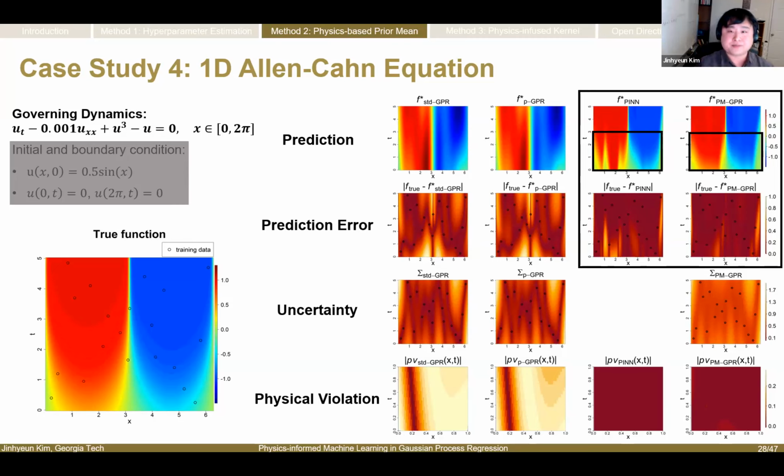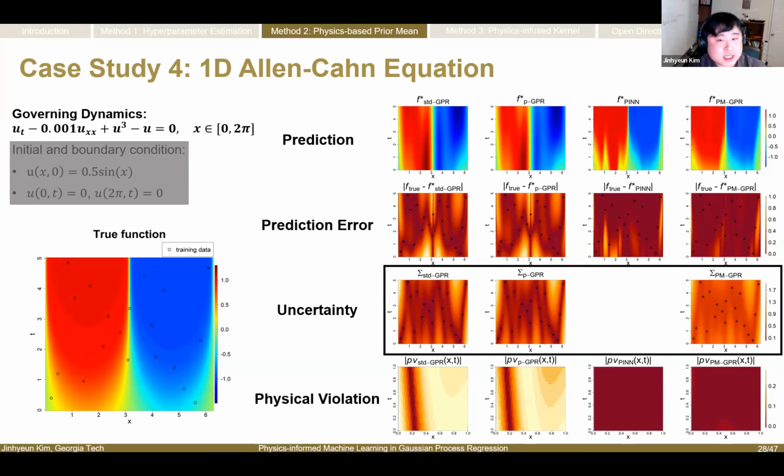And then, this maybe generates future research questions, like utilizing different advanced PINNs to further improve the priming function and improve the PMGPR prediction performance. Here I did not represent the uncertainty for the PINN because I used the vanilla PINN.